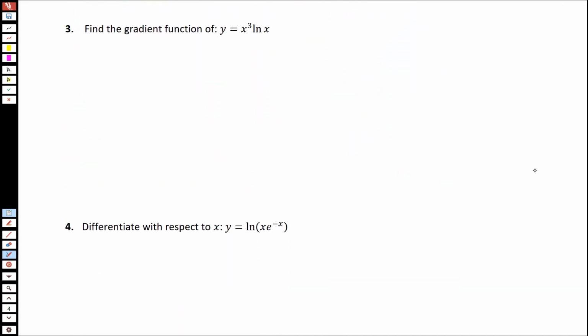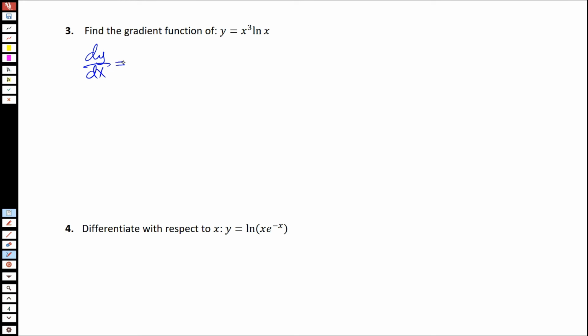Number 3. So we have this function, which is a product of two functions, and we want to find the gradient function. So we apply product rule because it's a product of two functions. So dy over dx will be equal to x cubed multiplied by the derivative of ln of x plus ln of x multiplied by the derivative of x cubed. And that will be equal to